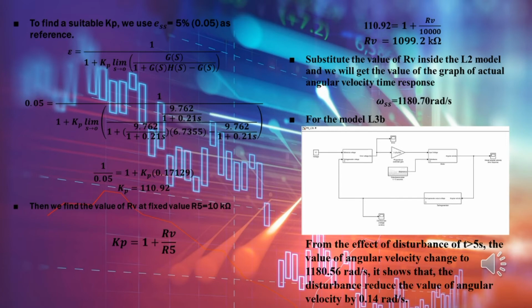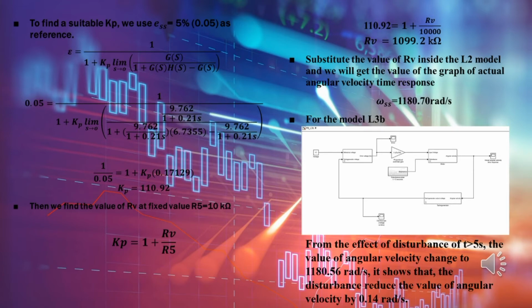Then we will find the value of Rv at a fixed value of R5 equal to 10 k ohms by using the formula Kp equals 1 plus Rv over R5, and we get that Rv is equal to 1099.2 k ohms. After that, we substitute the value of Rv inside the L2 model, and we get the graph of the actual angular velocity time response. From the graph, you can read that the actual angular velocity is equal to